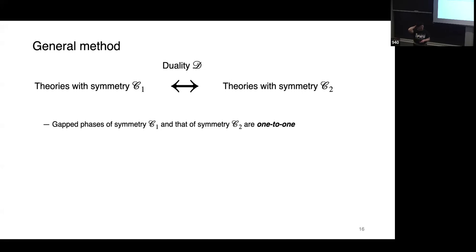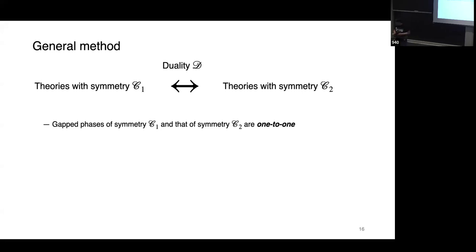In this field, every word is a misnomer, like anomaly, etc. Yeah, for sure. Duality is such an overloaded word by now. It appears in like 20 different contexts. Anomaly is similar. We should embargo the word duality for now. That's why I emphasize it's just the gauging of discrete symmetries. You just understand it this way, and duality is just a name, not an improper name. Sorry about that.